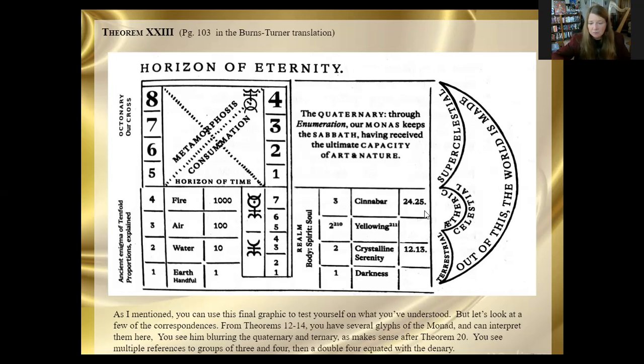Now come over here. He's saying up here is the quaternary. Through enumeration, Harmonious keeps the Sabbath. Well, the Sabbath, what day of the week is the Sabbath? And Sabbath is associated with Saturday, the measurements. Saturn then is associated also with the Sephira Bina, which we've associated with the receptacle. So all these kinds of transformations,